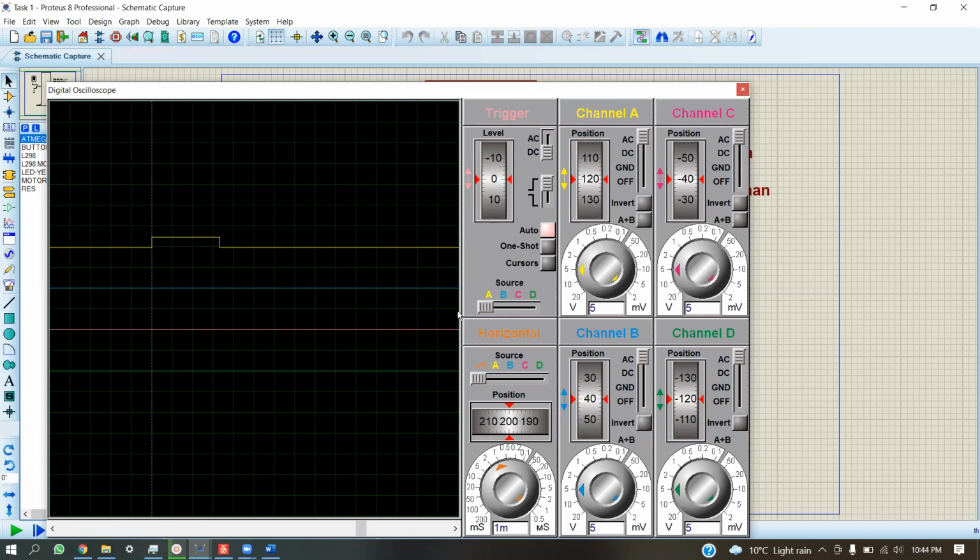This is the value of PWM, which is increasing bit by bit. After every interval, it will go up to 100% and then decrease down to 0 at the end.